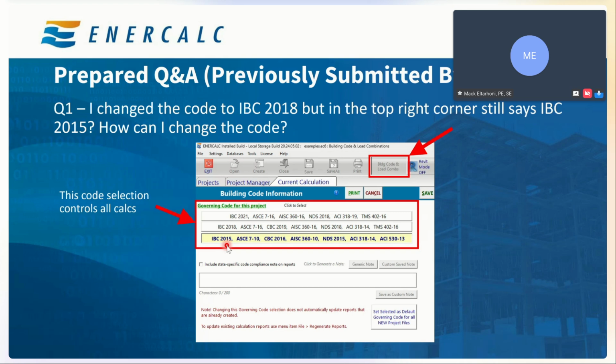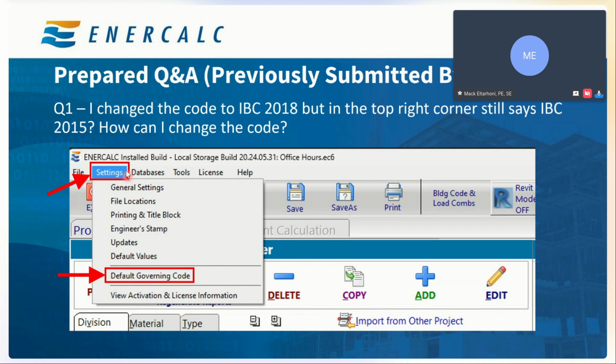Now, let's say I know all of my projects from here on out are going to be 2021 IBC. So I want every project in the future to start as IBC 2021. If you want to change that for all future projects, you need to go to settings, and then you click on the default governing code.